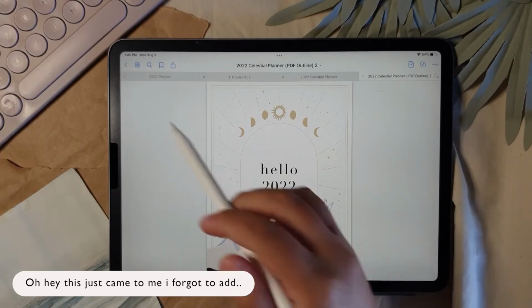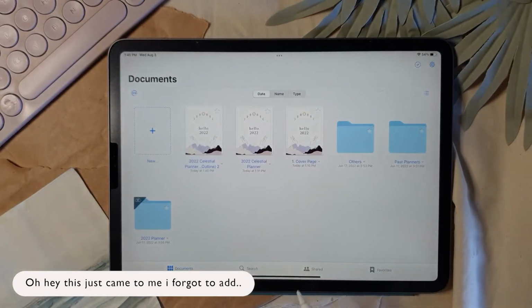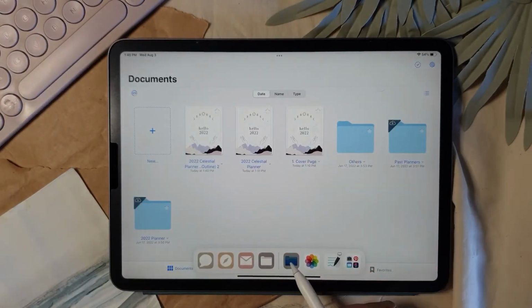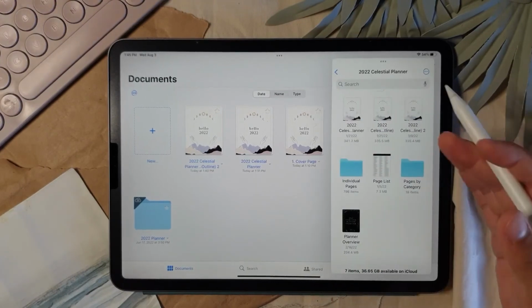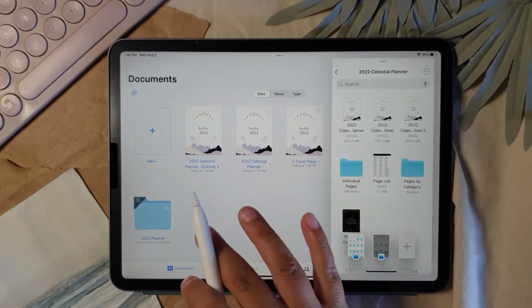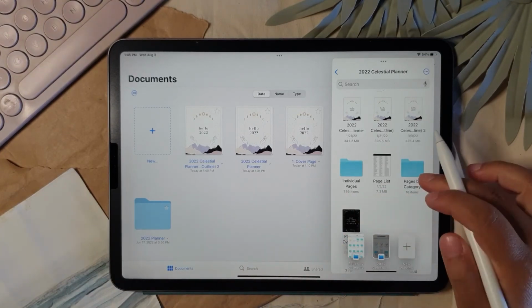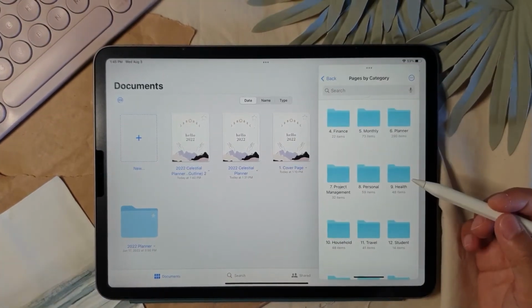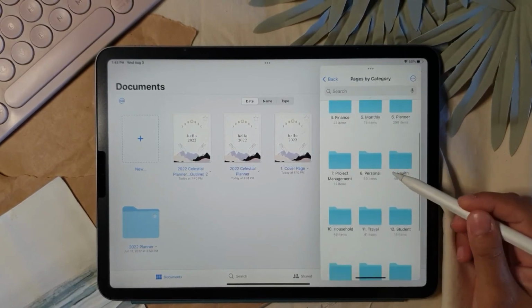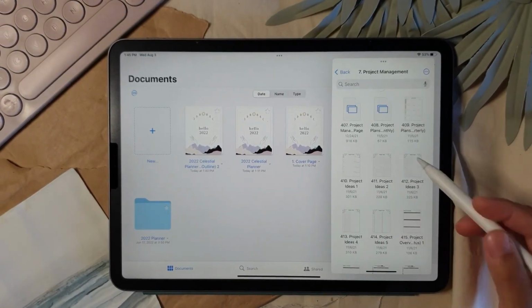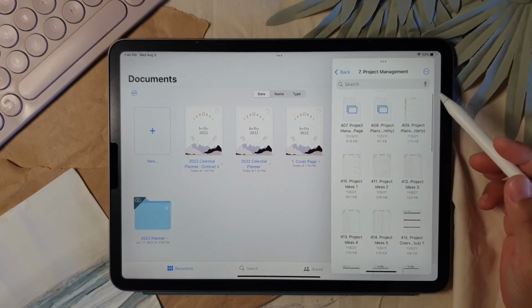Oh, you can also create a category. You can also create a file for each of the categories that you want. So go to pages by category. So maybe I want to create a file for just project management. I can tap on the folder,